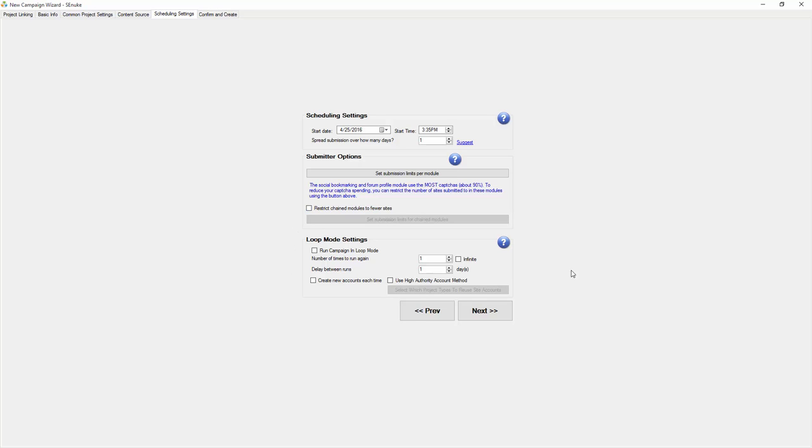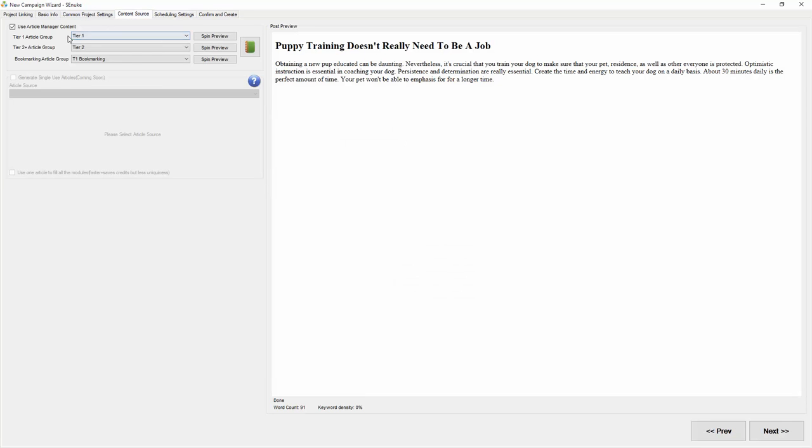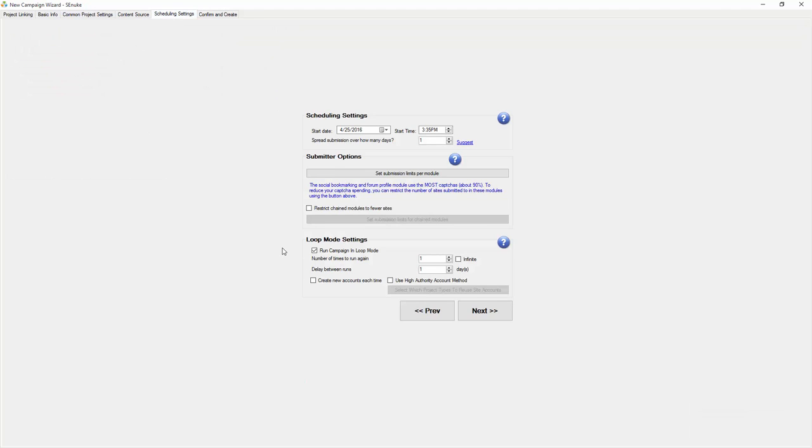But what people will be using here is the loop mode. This is new to SEnuke TNG. This allows you to create the campaign once and then have it loop so that it reuses itself. And this is what the article manager was all about. So basically, once the campaign is finished, if we turn it into loop mode, and it defaults to one time here, once it's finished, it will reset the schedule, and it will start running the campaign again. Now, because we're using the content source here, the article manager, when it goes through, it will be loading in articles again from the same sources, but because we've got a lot of different articles in here, it's effectively loading different content each time. Now, by default, that's going to use the same accounts over and over and over again,